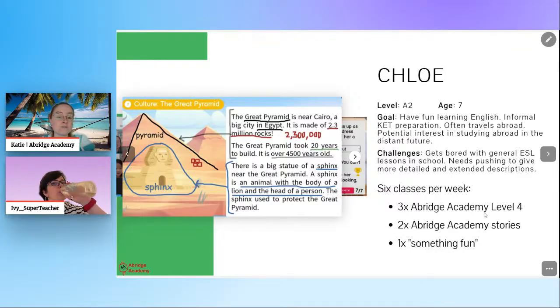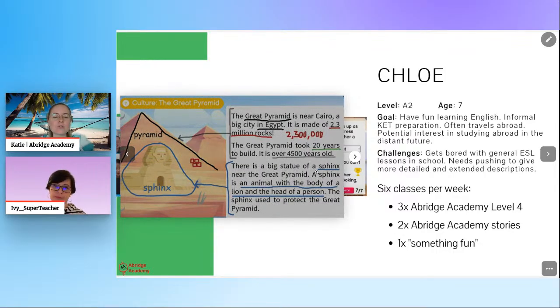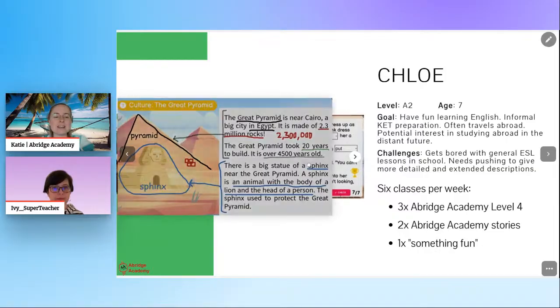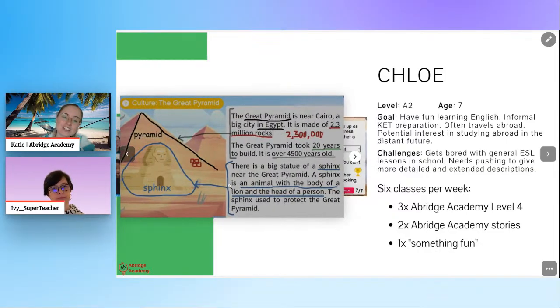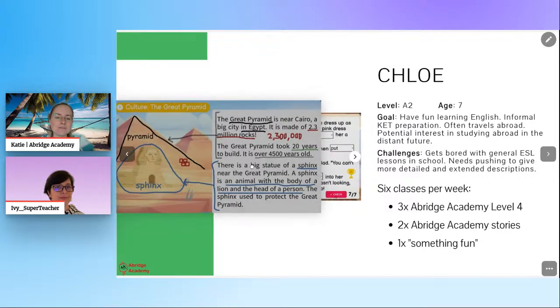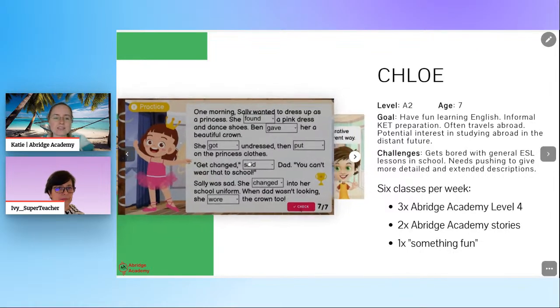of Cambridge Academy level 4 core curriculum. She's now actually on to level 5. She's gone through the lessons pretty quickly. And we have a combination of those core curriculum lessons, and again, expanding upon that, talking more around what you can see in the pictures, linking into what she's been visiting maybe on holiday, things like that. So they've got all the normal core lessons.